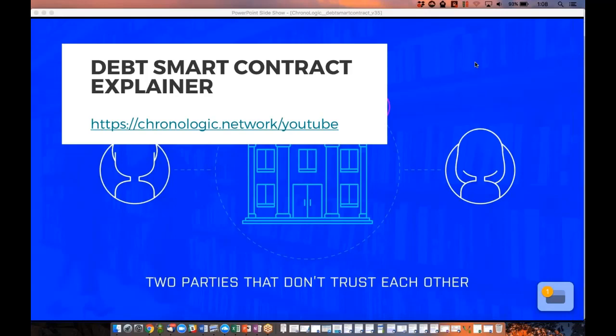Someone doesn't want to sell their Singularity tokens, but they want to buy this additional token. Well, why not enter into this debt smart contract where they can borrow the Ether in order to purchase those WePower tokens and collateralize it with their Singularity tokens,